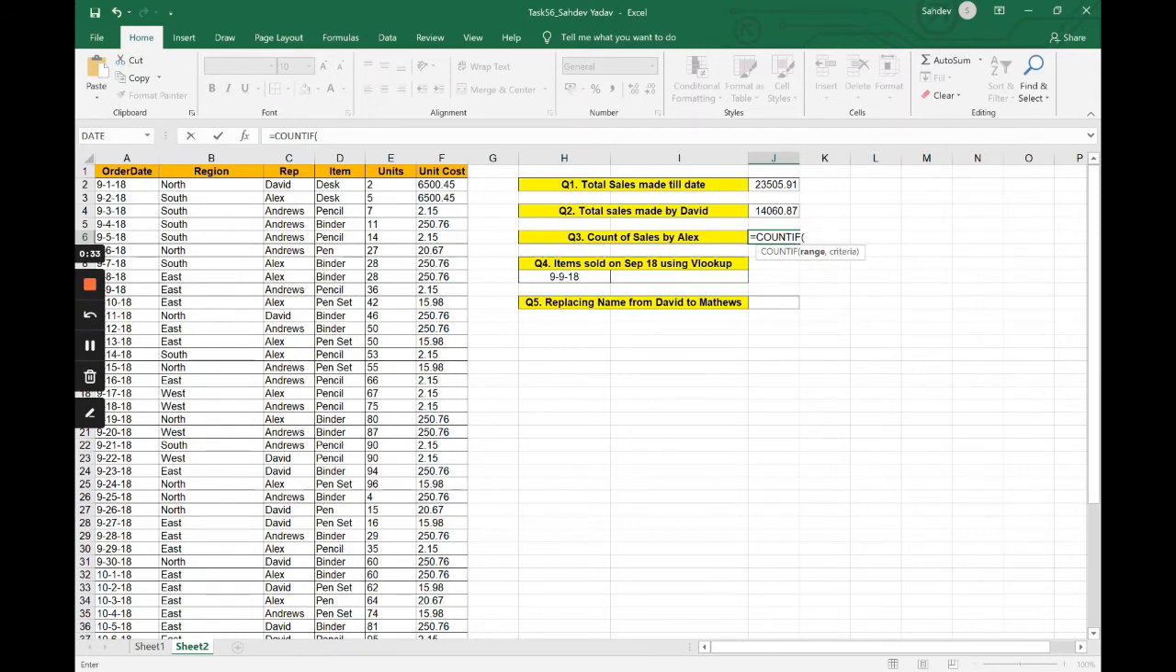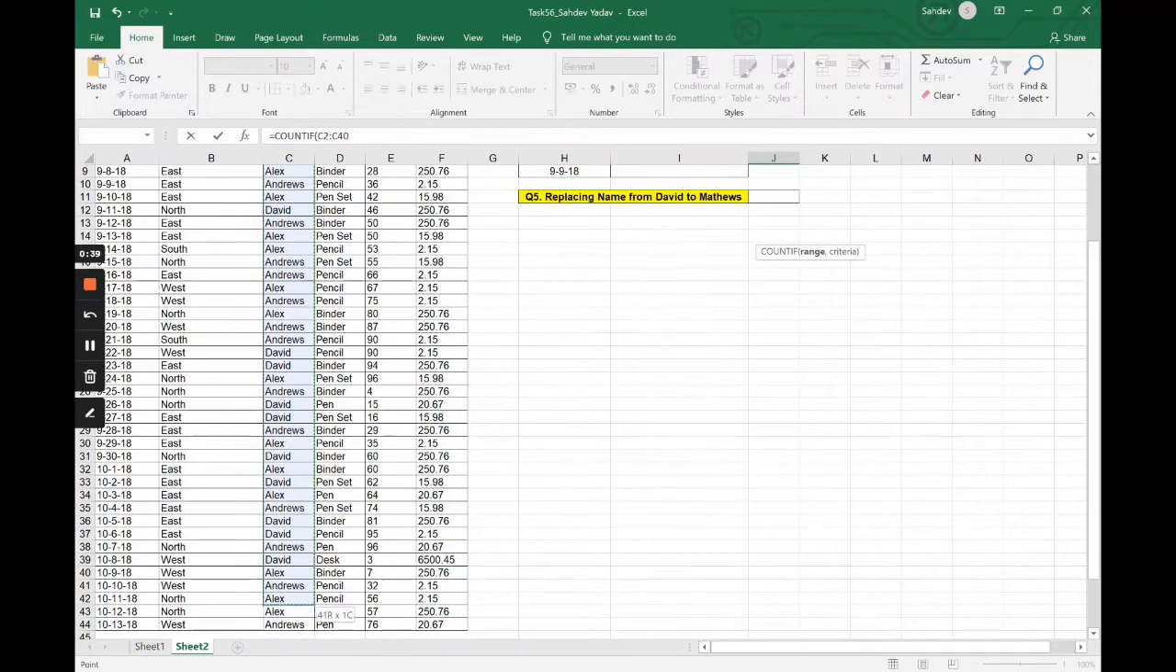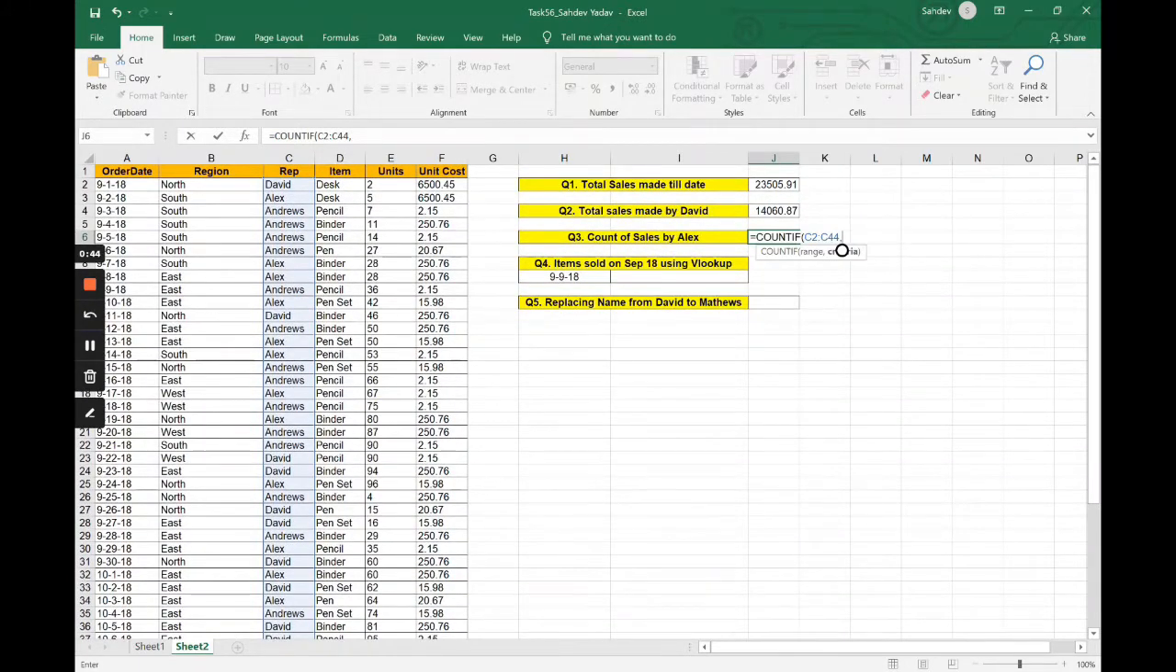So the range over here would be this column because we have entries of Alex in this column, then comma, then what will be the criteria. So we need to find the count specifically for Alex. So equals to Alex, and then press enter. So the total count of sales made by Alex is 15 over here. And now we'll move on to